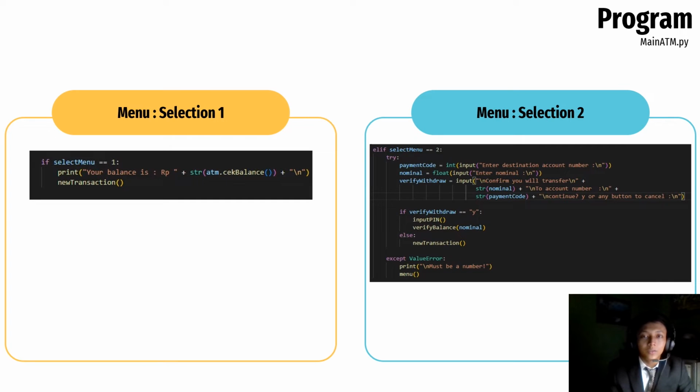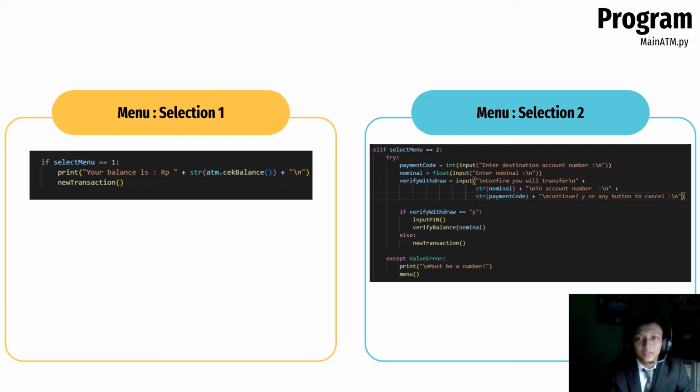Okay, next is option 2, the transfer option. Here is the payment code variable to input the transfer destination number. Further, there is a nominal variable for inputting the nominal that will be used for the transfer transaction. The user will input again to confirm the payment.